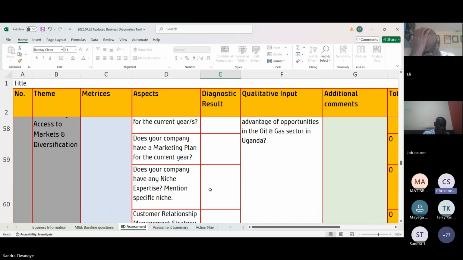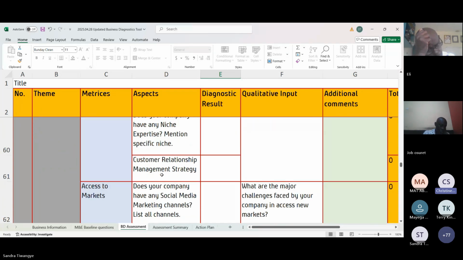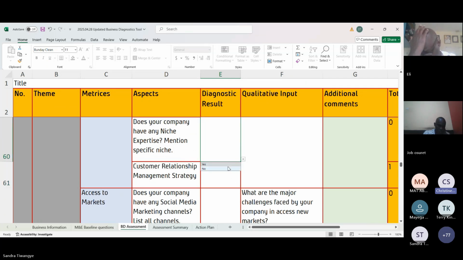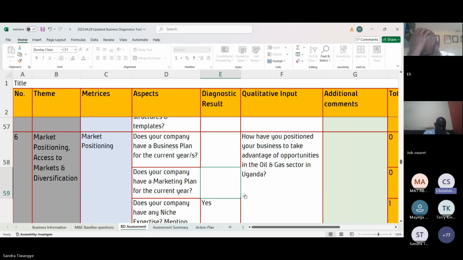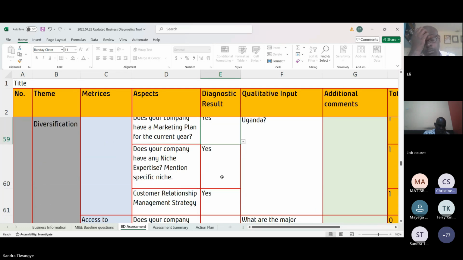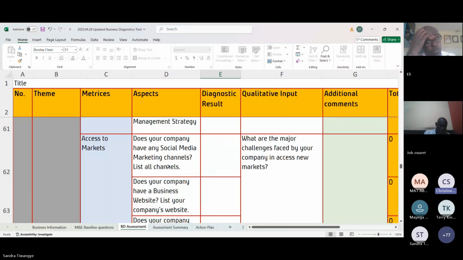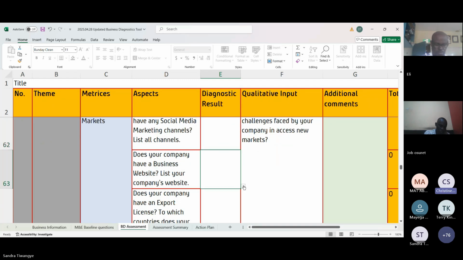So additional things for you to tick yes or no. Do you have a strategy to engage your customers and manage your relationships with them? Do please click yes or no. Okay, so let's move down to how you access markets. Do you have any social media channels? Anything, be it YouTube, LinkedIn, WhatsApp, where you market and access new customers? Do you have a website? If yes, type it out for us,